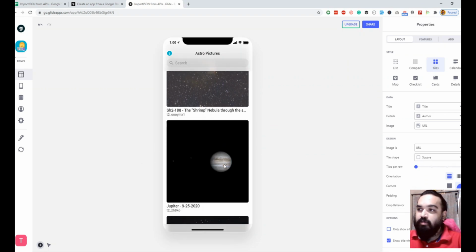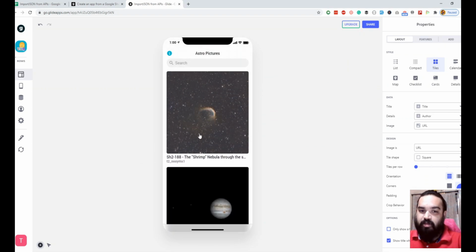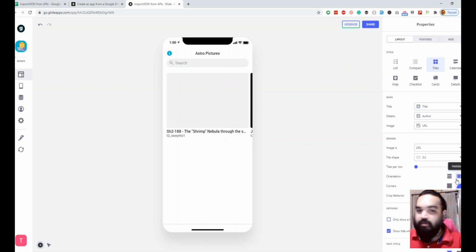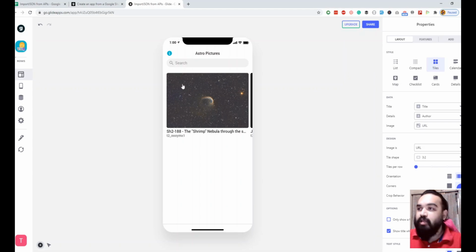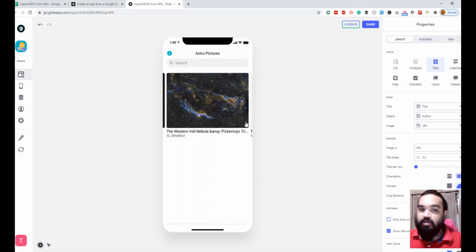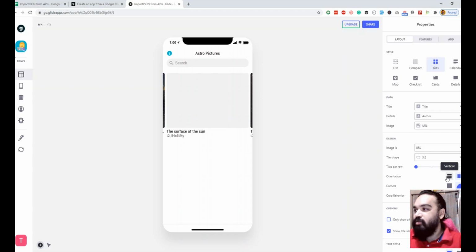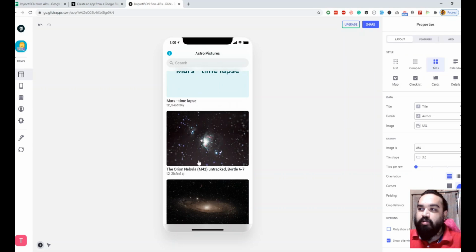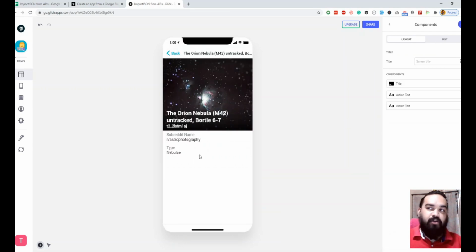So yeah, this is how it looks for a rectangular based app, where it automatically shows the user who uploaded this and also the title on the Reddit post, right? And also you can change the square to 3 by 2. Yep, and alternatively you can also do the orientation where it is a horizontal slide, but let's leave it to the vertical.